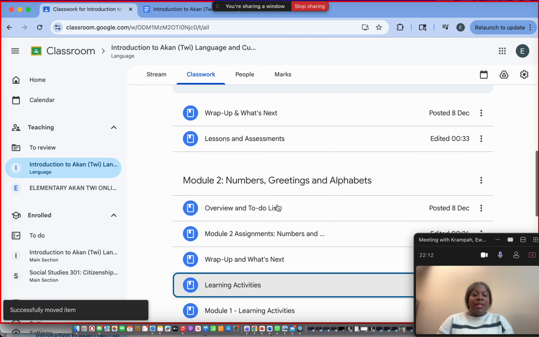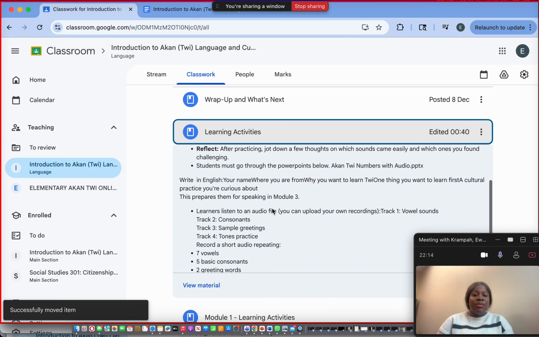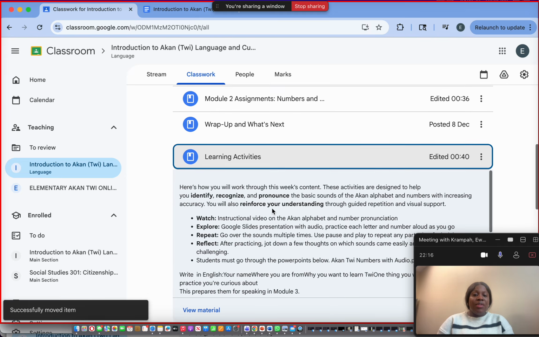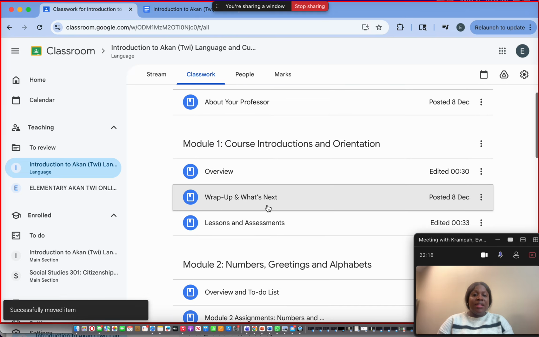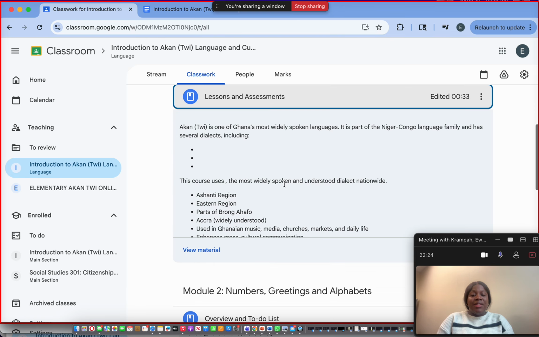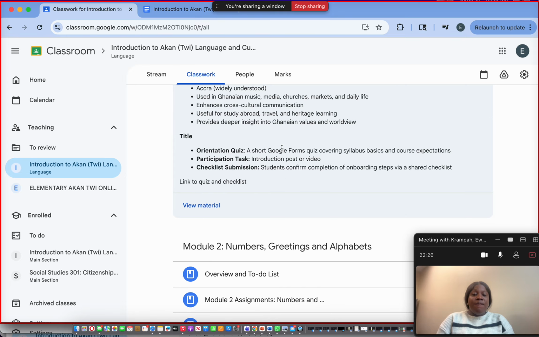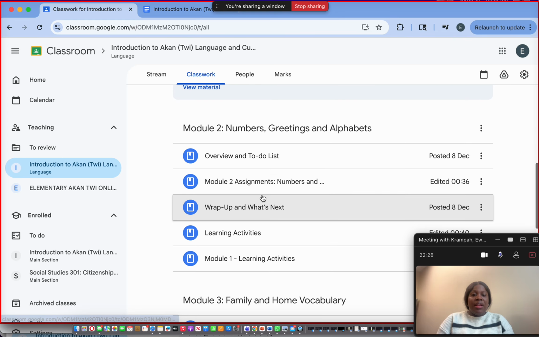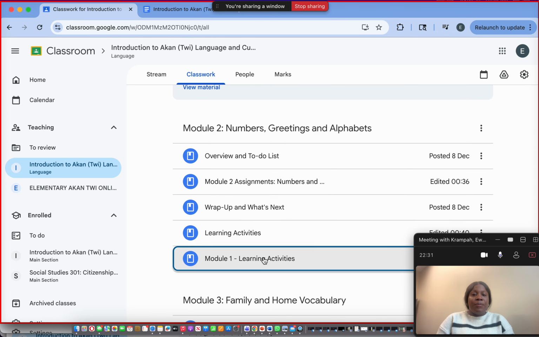But the learning activity is here, so students will look at all the things that they need from the learning activity. There's always a wrap up, what is next, lessons and assessment. So the lessons and assessments depend on the topic in question. Now we also have